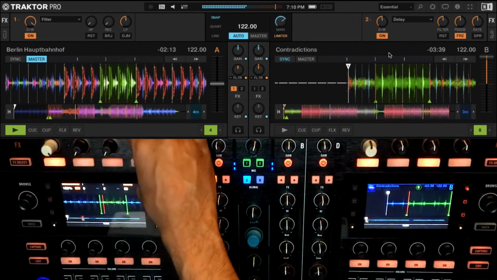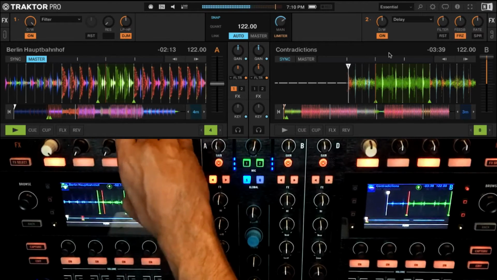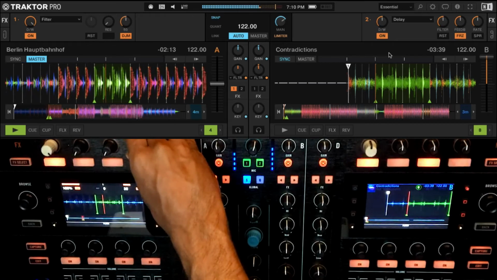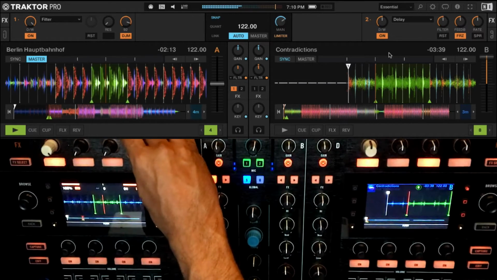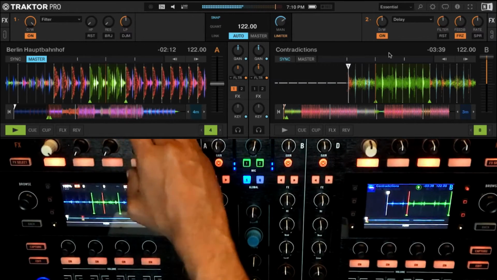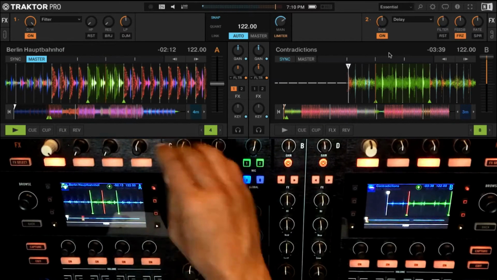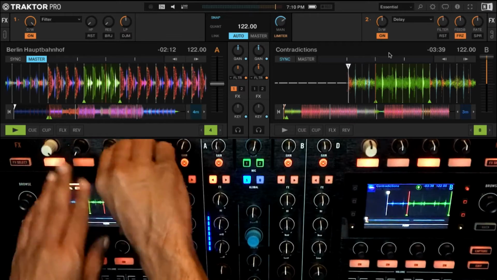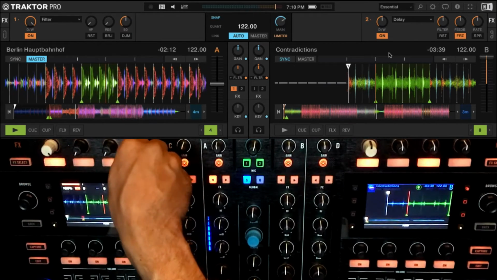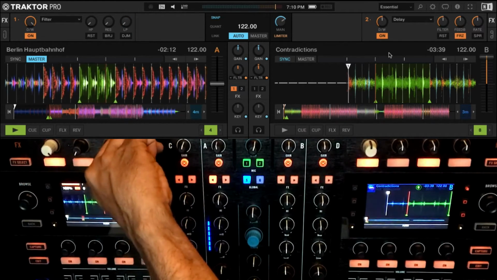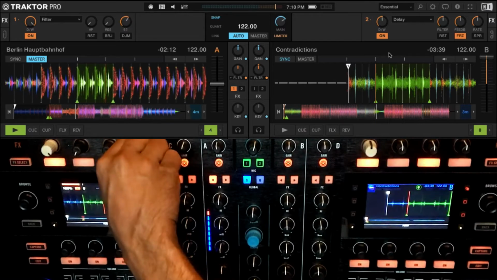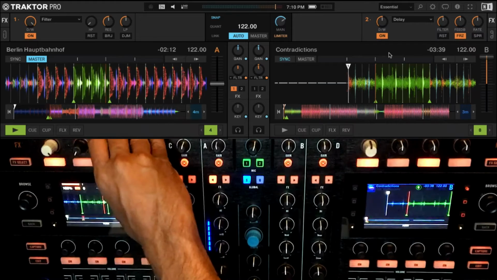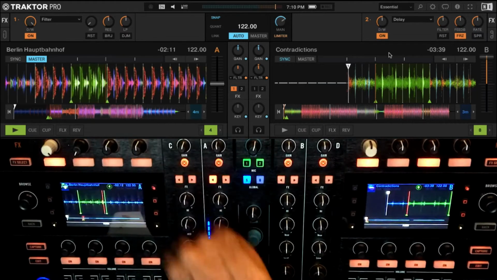So I have another option as well. I can make it a DJM mode where in the center, it does nothing. Left side becomes a low pass. Right side becomes a high pass. If you're used to a DJM 900 filter on your mixer, typically, and you want to have that kind of control, instead of having two knobs controlling high pass and low pass separately, you break it down to one knob that controls the low pass on the left and the high pass on the right. That's basically what it is. And you can also add a little bump to the resonance.